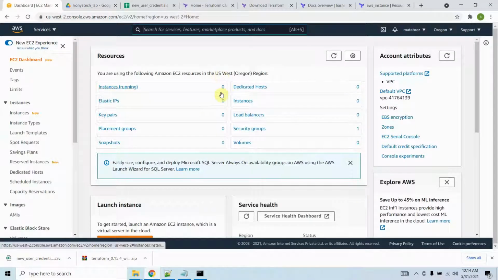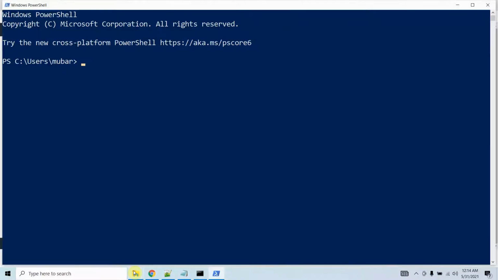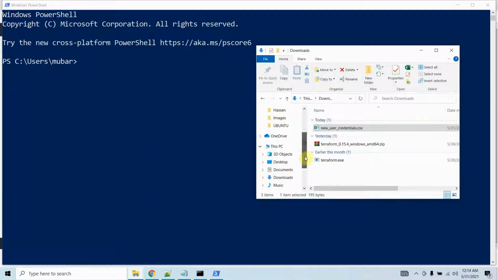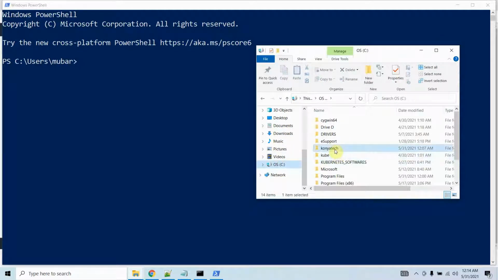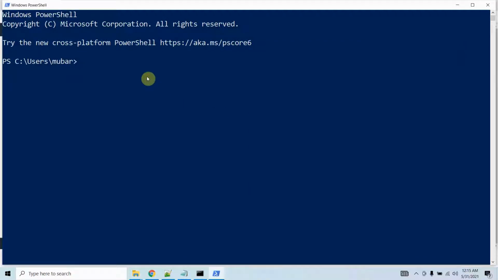We are verifying before executing the Terraform command. That's why we need to verify we don't have any instance running currently. So now open PowerShell, and here we need to set the working directory. For that we need to copy the directory location first. So go to the C drive, go to konyaTech and copy this location, and first we need to check